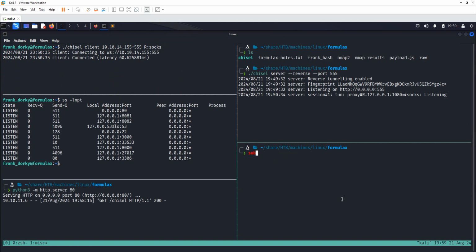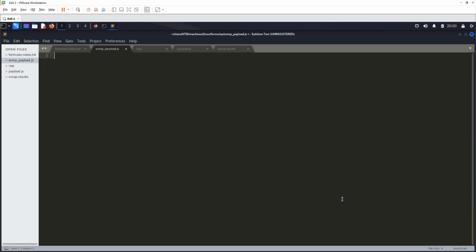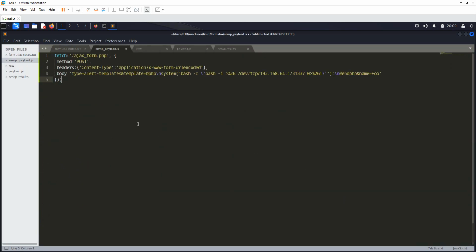Okay, let's clear this. So Sublime, what was the name? What do I have here? Let me see. Do I have payload already? Okay, so I'll say Sublime SNMP payload.js. Okay, so we're gonna put our payload here,